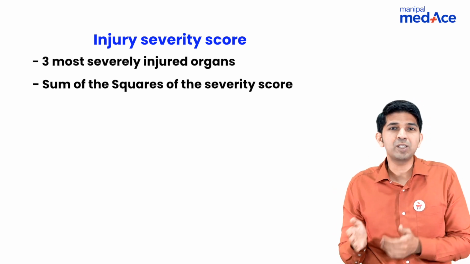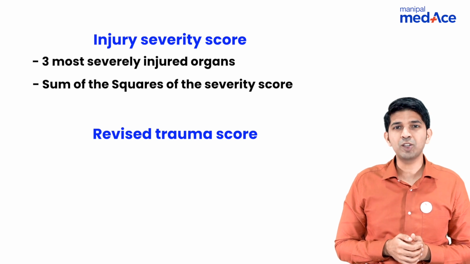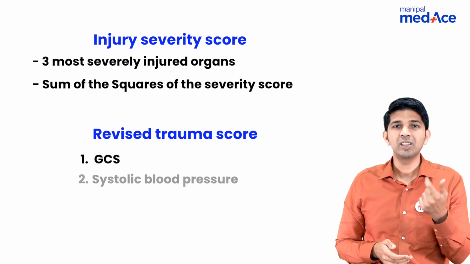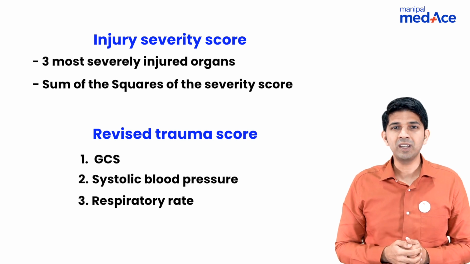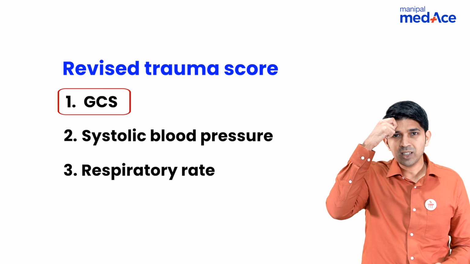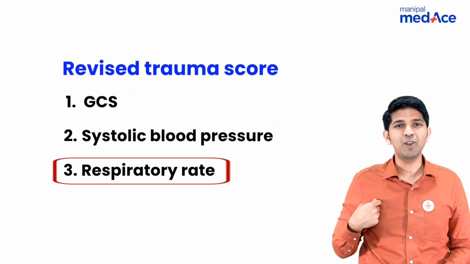Now the latest one that's being used is your revised trauma score. Now the revised trauma score takes into consideration the GCS, the systolic blood pressure and the respiratory rate. The easiest way to remember it is with this action. Okay, so GCS, the heart for the systolic blood pressure and the lungs on either side for the respiratory rate,